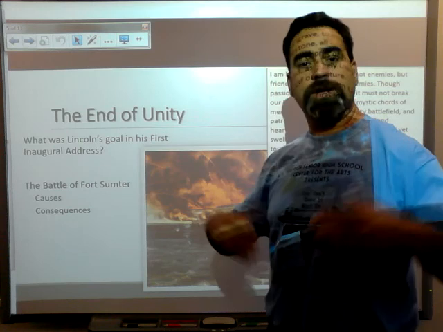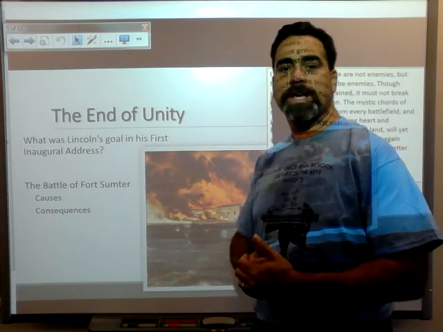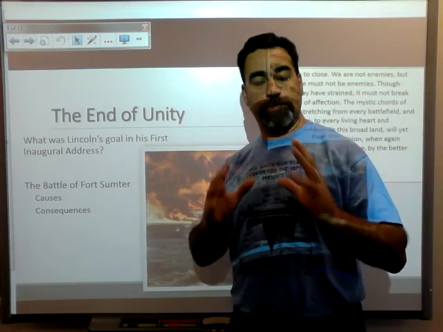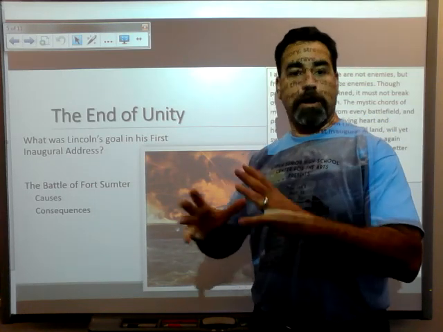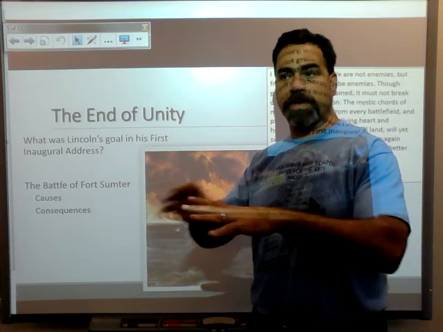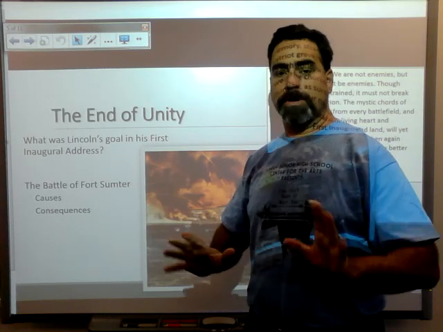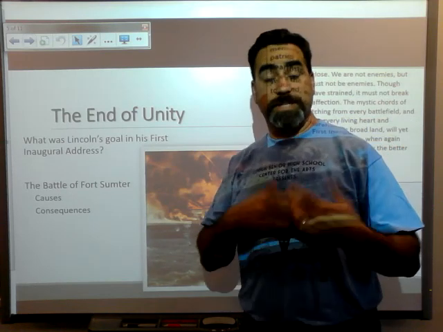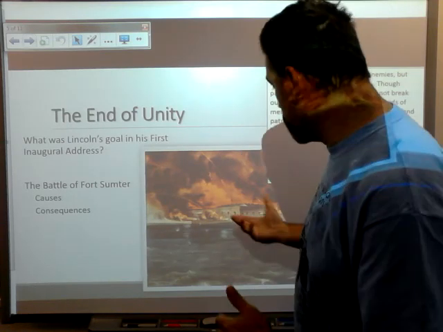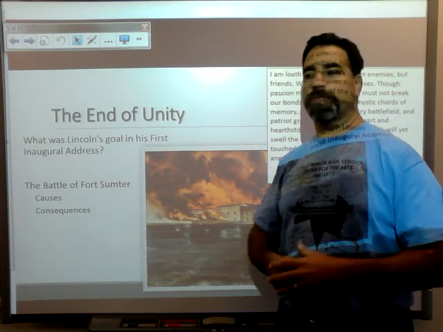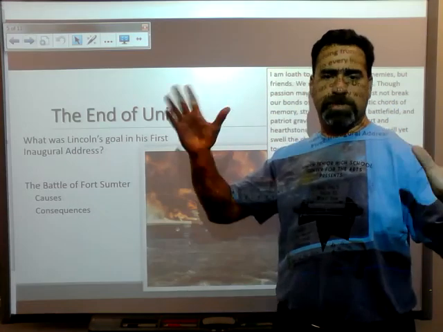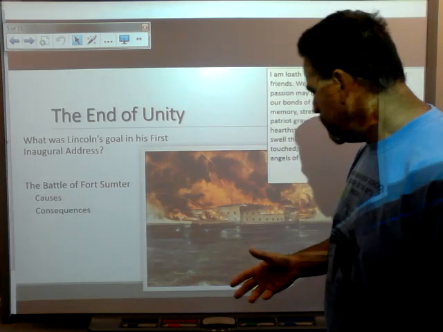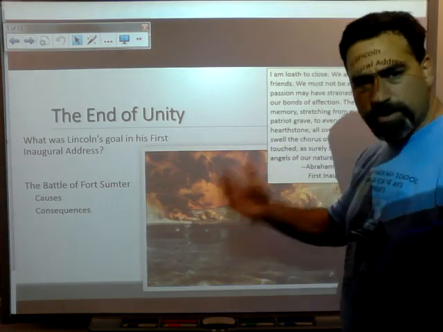South Carolina calls up its militia. They surround the fort. Abraham Lincoln sends news down and says, hey, look, all right, I'm going to provision the fort, but I'm not going to arm it. So we're just going to send food and the things that they need to survive. Don't open fire on the fort. Well, the South does in fact open fire on the fort. They bombard the fort. Within short order, the Union soldiers in the fort surrender. I don't believe there were any casualties. I think a horse got killed, but it was a relatively minor battle as far as casualties are concerned.